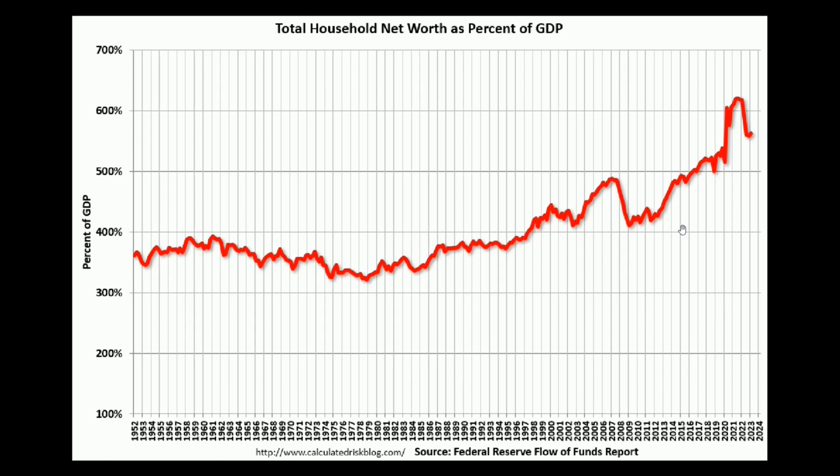For this next chart, we are going to look at this portrayal of Federal Reserve flow of funds data as produced by calculatedriskblog.com. And this chart is about total household net worth as a percent of GDP. This is a US-only chart, but it's safe to say that other major economies are experiencing something similar because they're